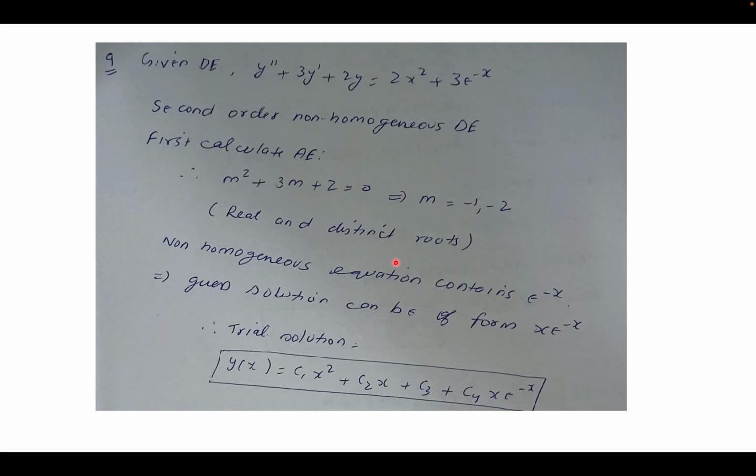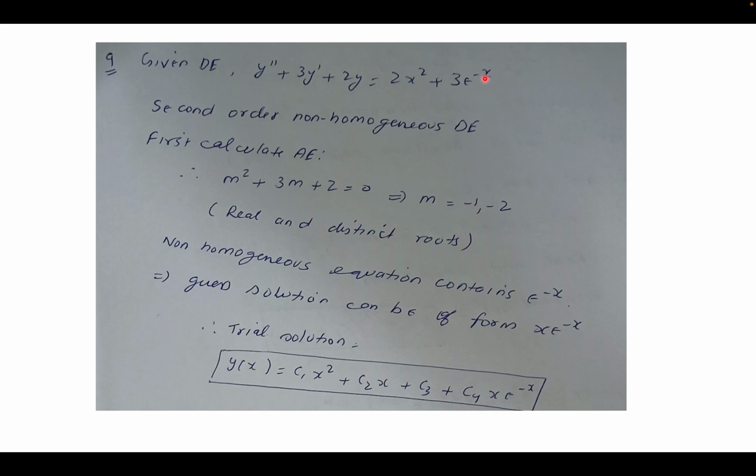Now let's move to the non-homogeneous part. In the non-homogeneous part, you have 2x square plus 3 minus x. So now you can guess what the particular solution of this non-homogeneous part will be. If you have 2x square, then you will think you will have a solution of c1x square plus c2x plus c3. That is coming because you have this x square in the non-homogeneous part of the differential equation, and now you need to guess